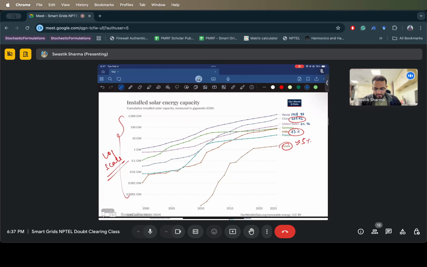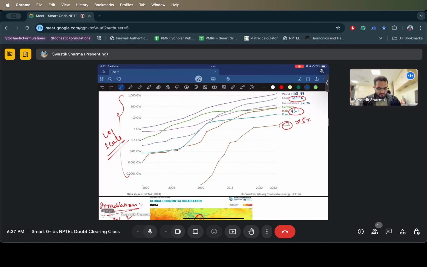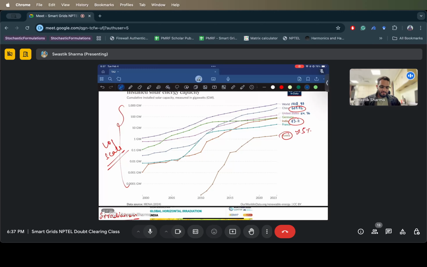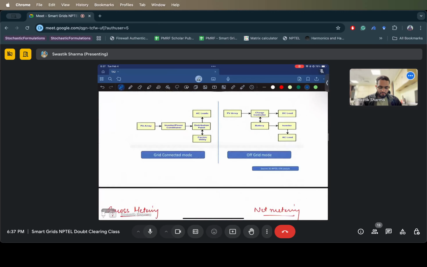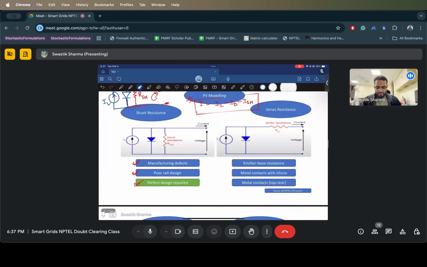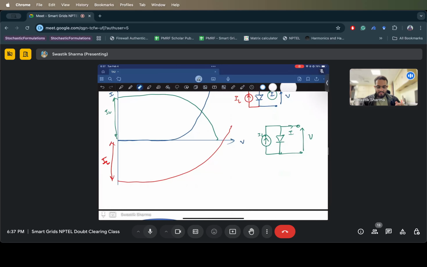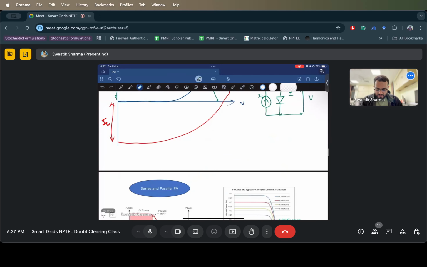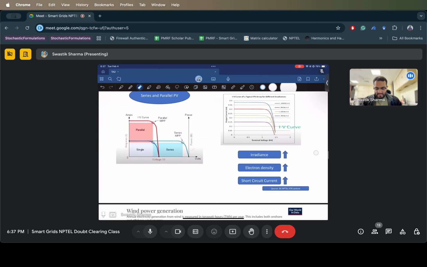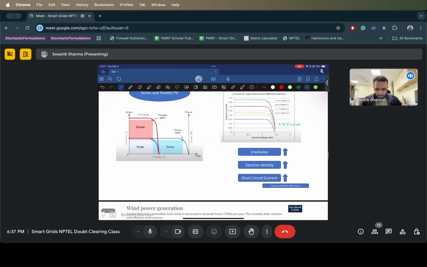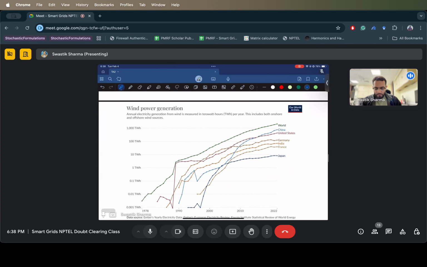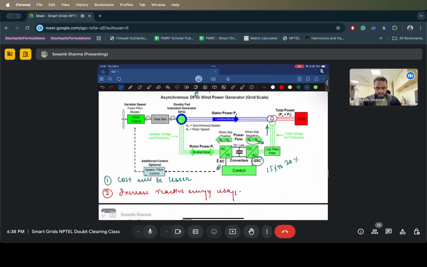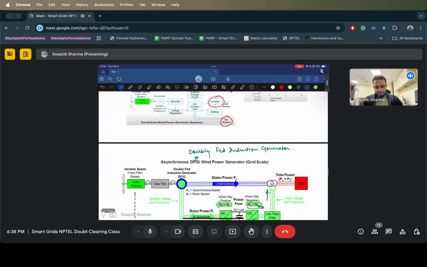Then we talked about the installed solar energy capacity, and you see it's just 5%, it's very less. We talked about irradiation, all of the solar PVs, net metering, gross metering. Then we discussed how we come up with these IV characteristics. We talked about series and parallel, and which form is better. We talked about wind power generation, and then we ended with the variable frequency operation, where we discussed two kinds